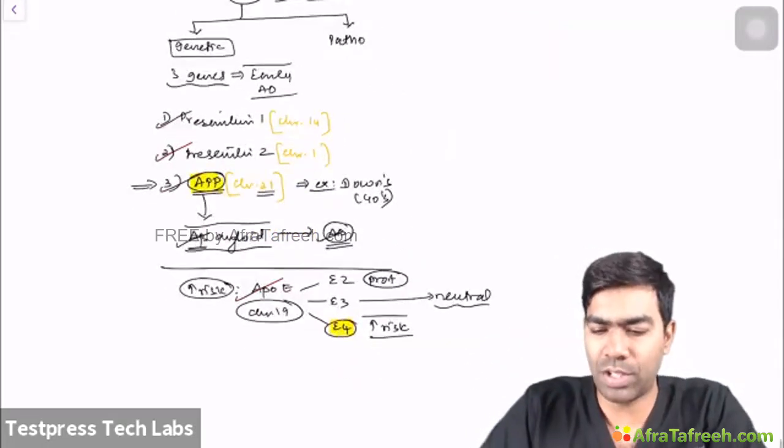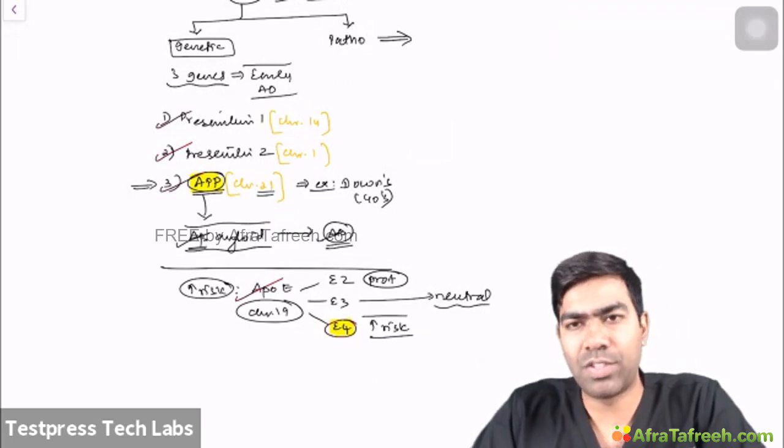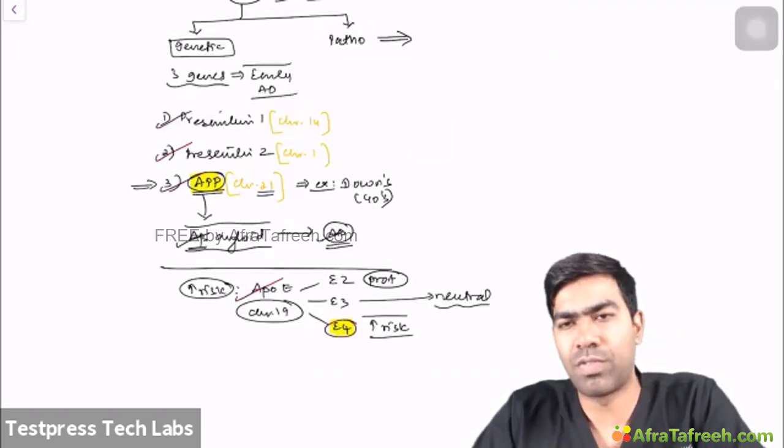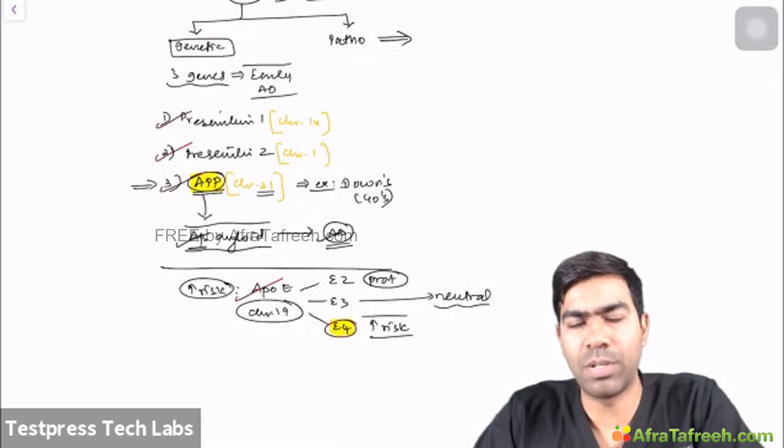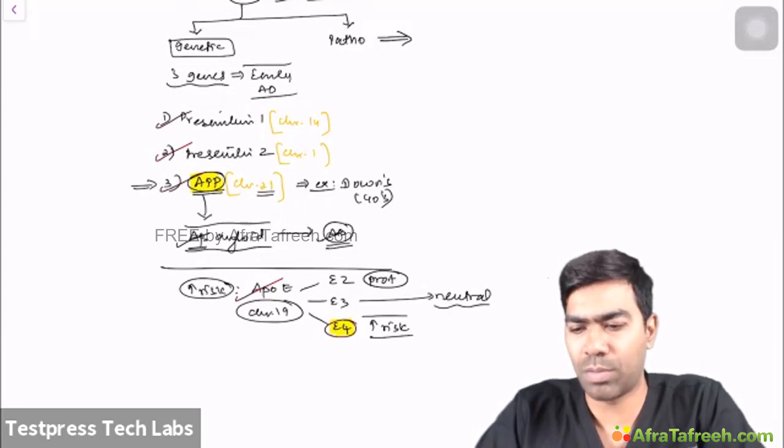As far as the pathophysiology is concerned, pathophysiology is quite simple. It's going to be the formation of A-beta amyloid. A-beta amyloid is going to be the most important. And to know how A-beta amyloid is formed, let us talk about the